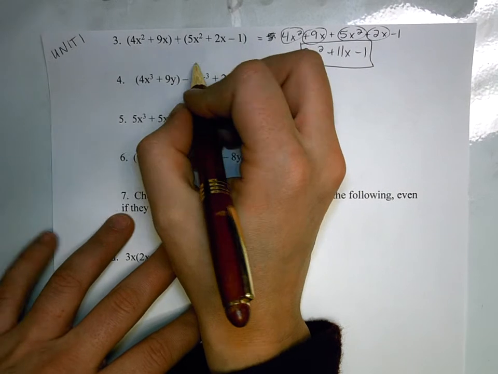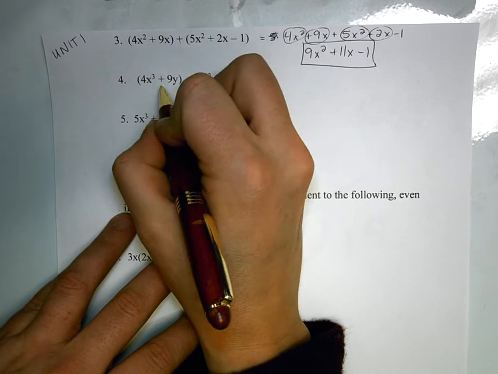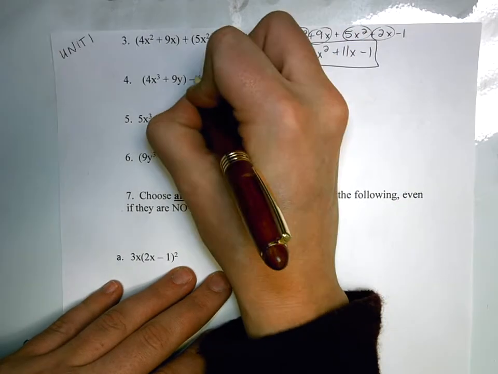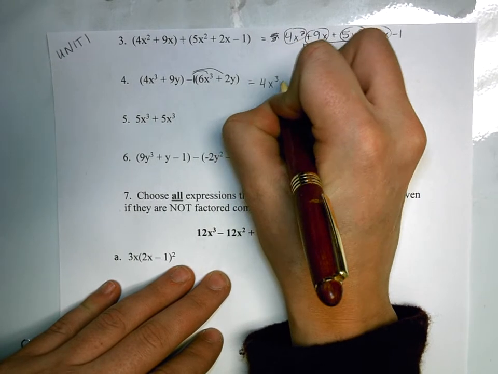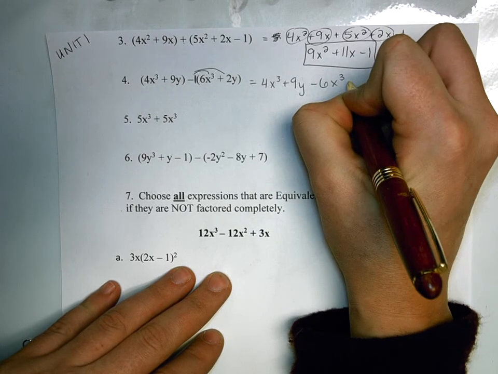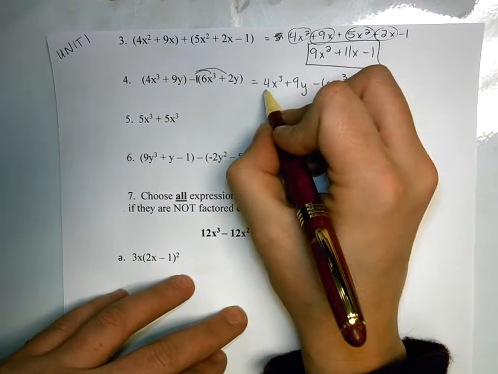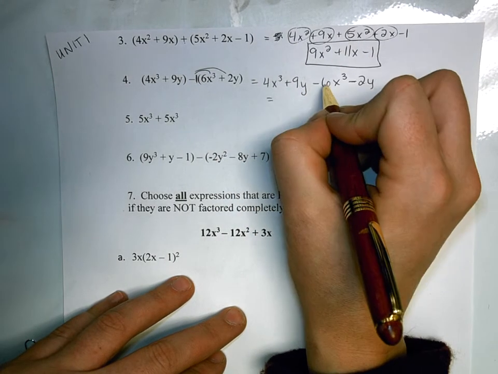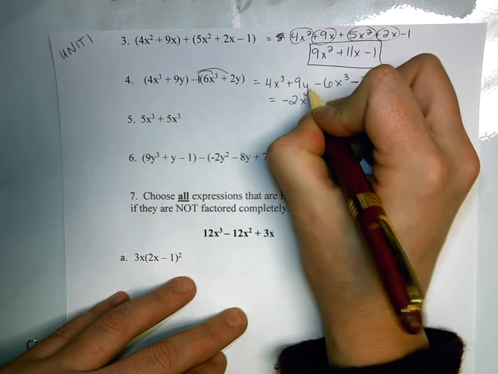The second one, pretty similar, but I'm subtracting everything in the second quantity from the first. So I could also use this as a -1 and distribute my -1. So I have 4x cubed plus 9y minus 6x cubed minus 2y. Make sure that's a minus 2y when you distribute that. Then I combine like terms and I get 4x cubed minus 6x cubed. 4 minus 6 is -2, so I have -2x cubed, and